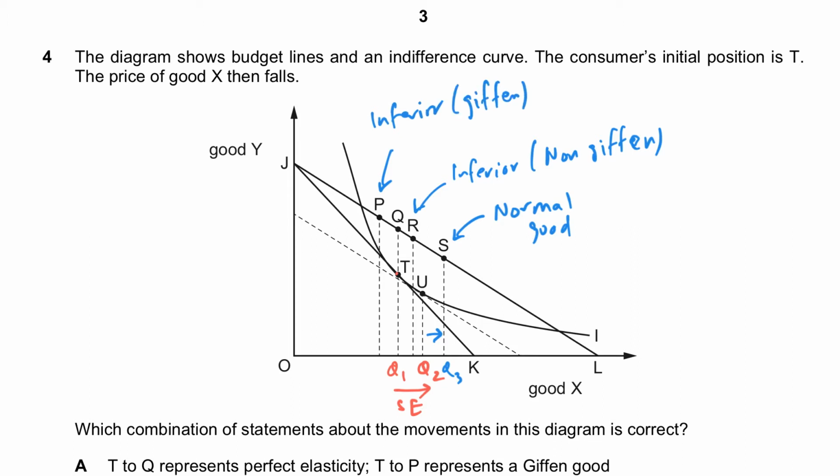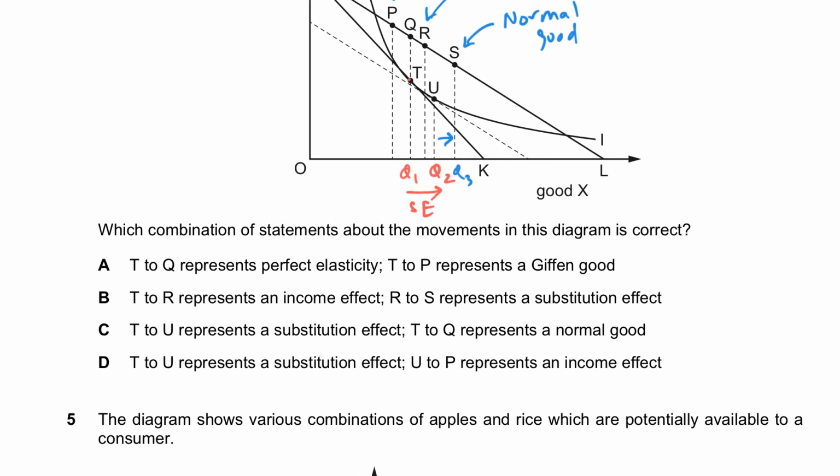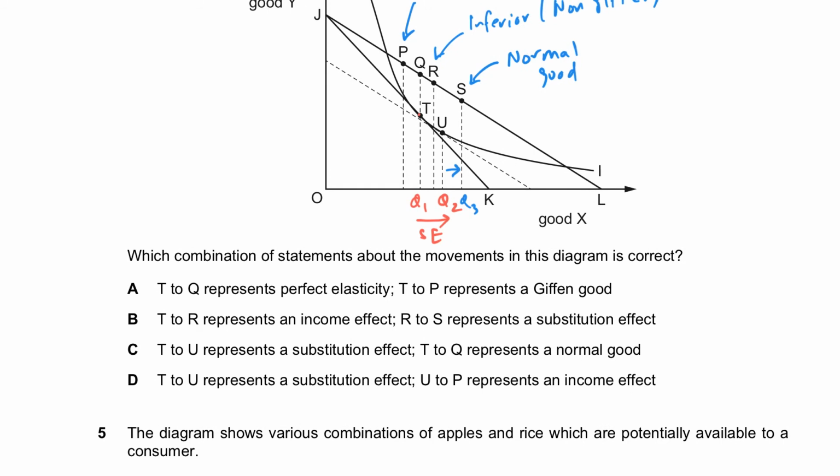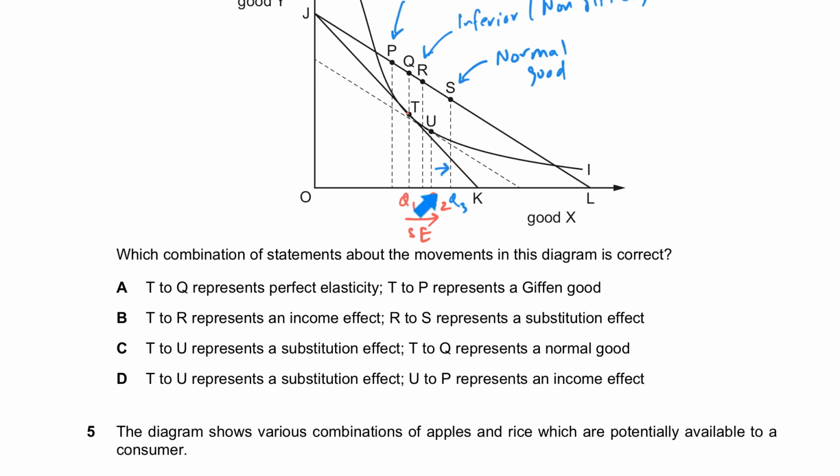So now with this knowledge, we can look at the answer choices. Which combination of statements about the movement in this diagram is correct? When I go from, for example, T to U, I have the substitution effect happening. So C and D make sense. Then T to Q represents the normal good is wrong, but